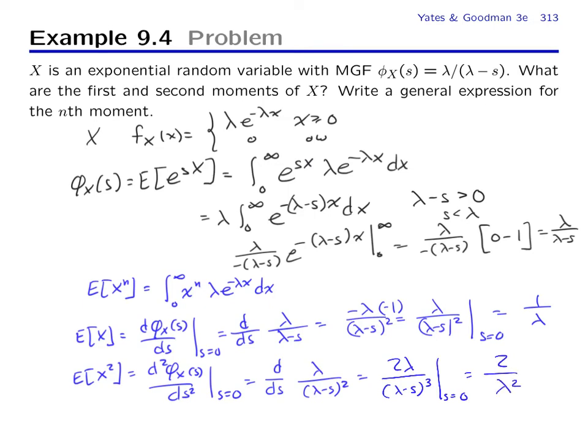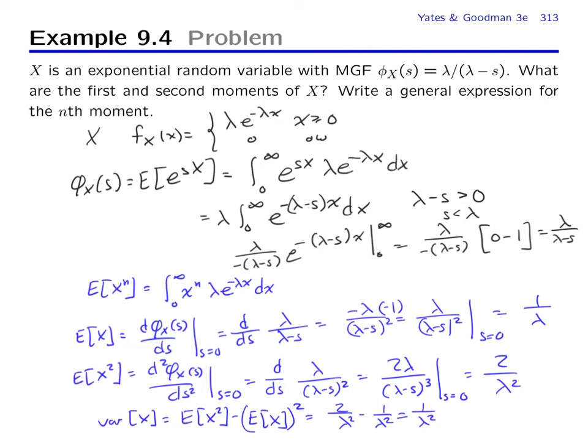2 over lambda squared. This is also a result we knew because you probably remember that the variance of x has to be E of x squared minus E of x quantity squared, and we now obtain 2 over lambda squared minus 1 over lambda squared. We obtain 1 over lambda squared for the variance, which is the familiar result you probably also have memorized for